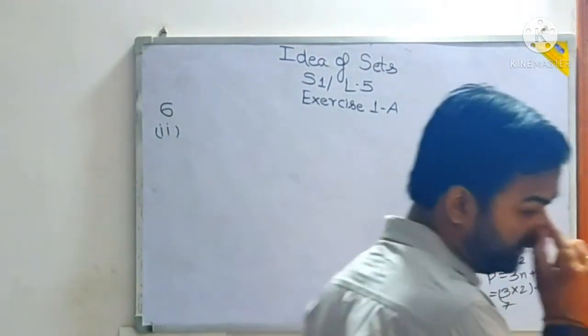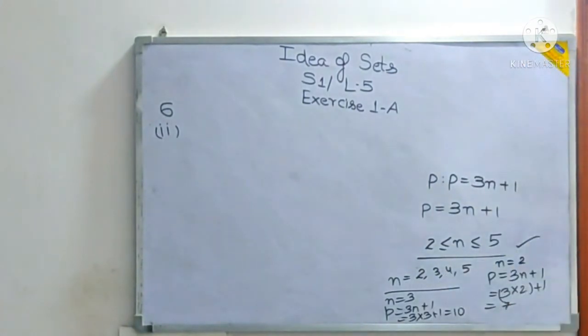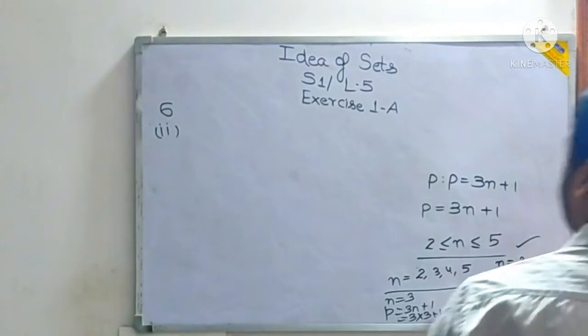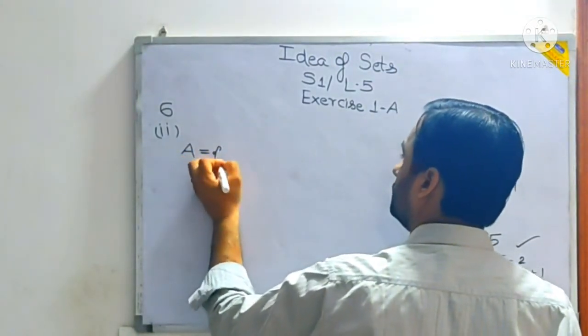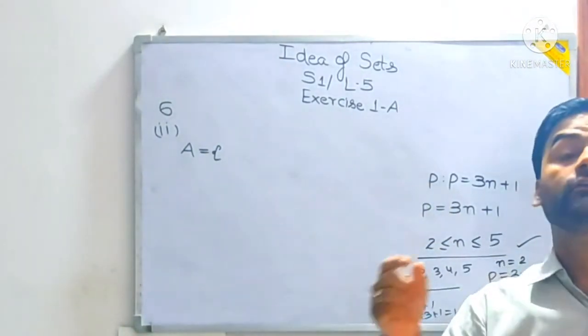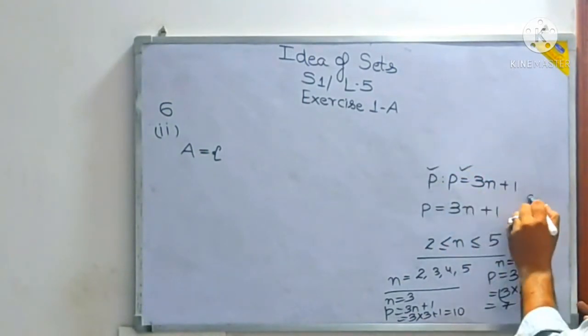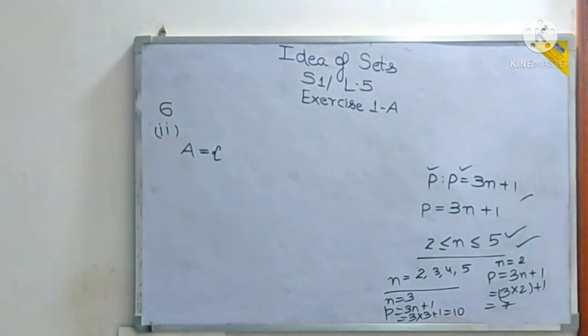Let's see what will come in. Always give a name to a set in whichever method they are telling, tabular form. Have they given a name? No, they haven't. Just write, so you can write here A is equal to. What are the values we'll be writing here? We will be writing the values of P, because the question says P such that P equals this, and the range of n is given, something more is given. n is an element of W.